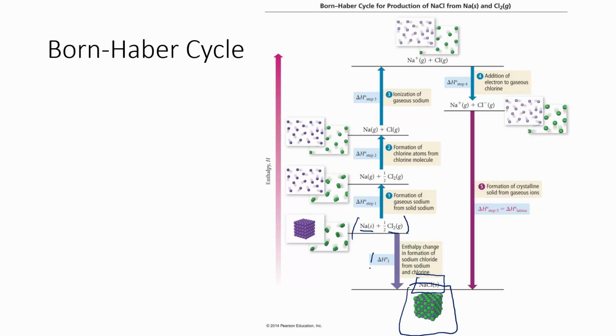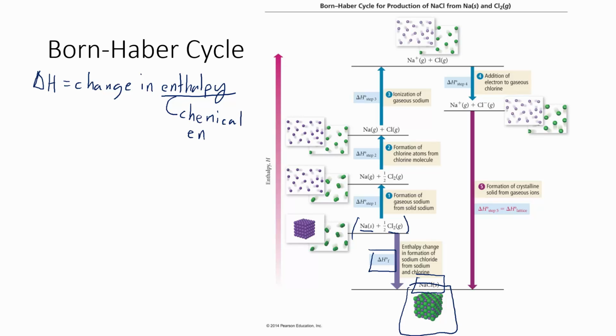And we can look at this as delta H. Now what does delta H mean? Delta H means change in enthalpy. And what is enthalpy? It's kind of complicated, but what we can think of it as, in chemistry terms, just as a simple way, at least for now, is the energy in chemical bonds. Okay? So this amount of energy can be calculated because we can see exactly how much energy is given off